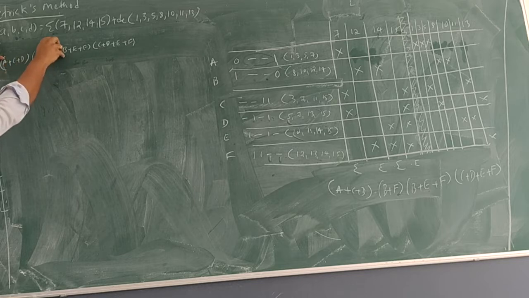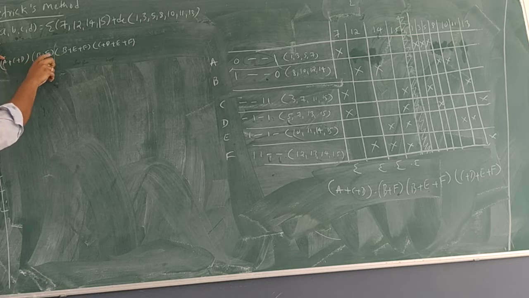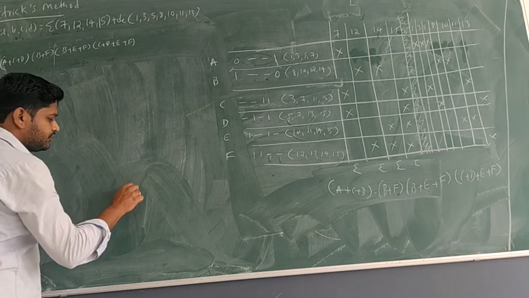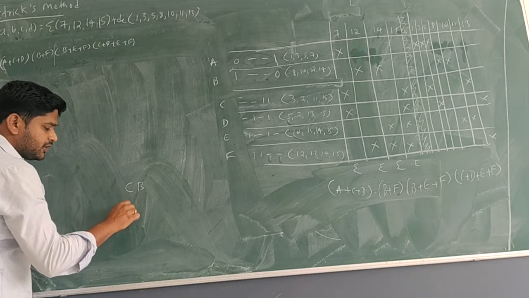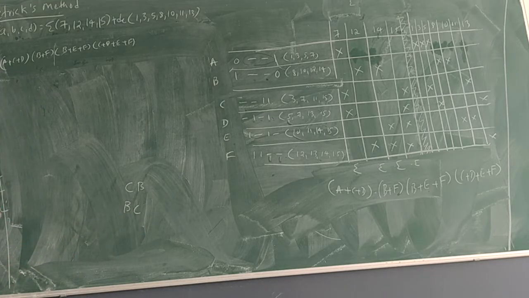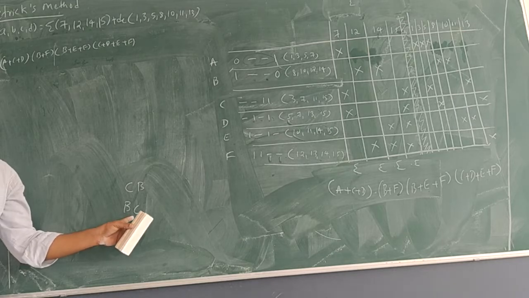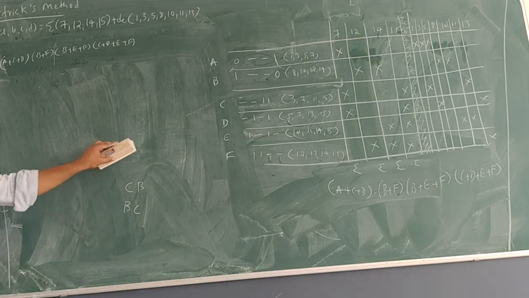See here. First I will expand only the first two terms. AB, AF, CB, CF, DB, DF. You understood? AB, AF, then CB, CF, then DB, DF. Okay, please write. If you have got CB like this, make a practice of writing it properly, B and C, so that you will get an easy simplification when we go for the next step.